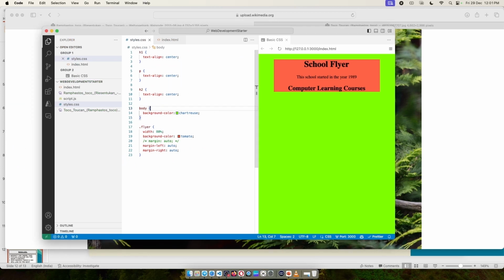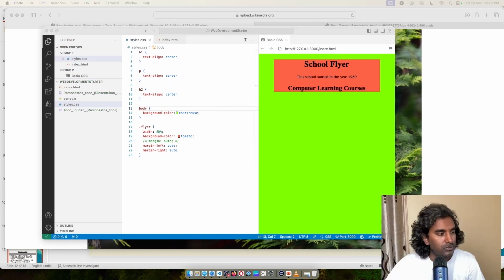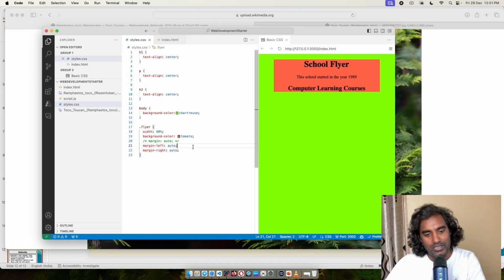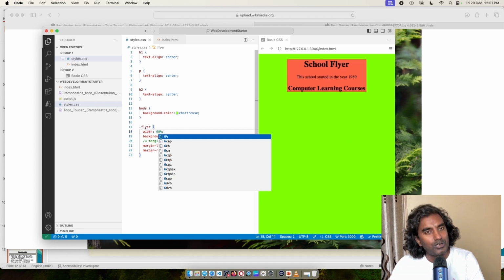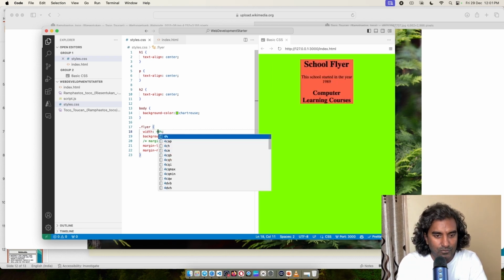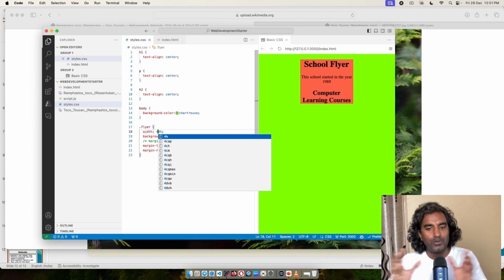As I keep saying many times, don't be hesitant to experiment. Even when you're learning for the first time, nothing is stopping you from trying to do something new to get things moving. And don't forget to experiment. Like for example, let's try to do something. What if I try to change the width here? Right now I put it at 80%. What if I make it 60%? There you go. That's what happens. So what if I make it 40%? See, that's how it is. So just go and experiment.